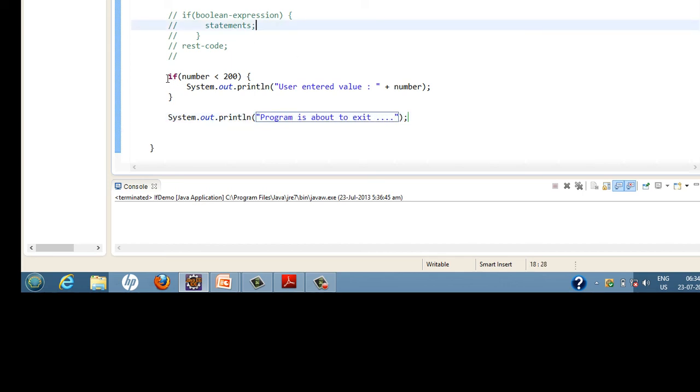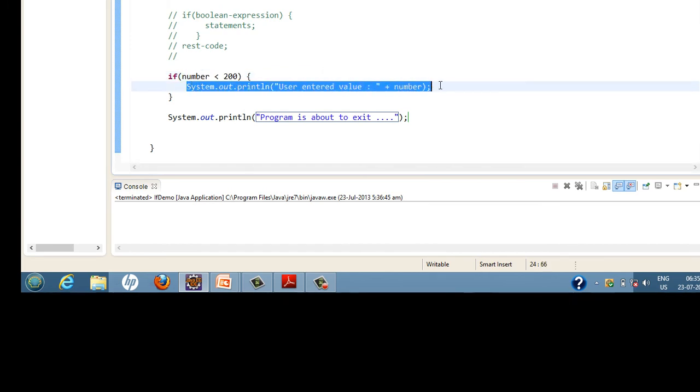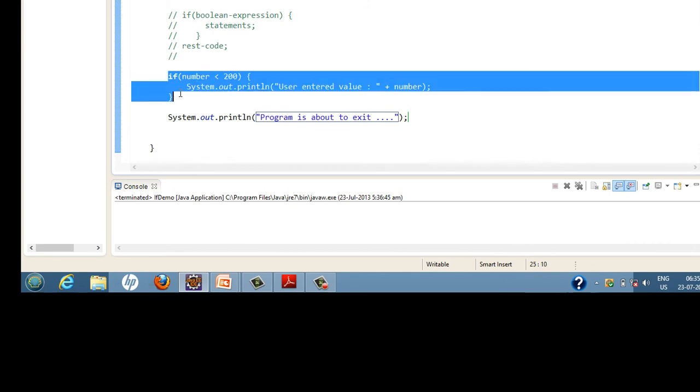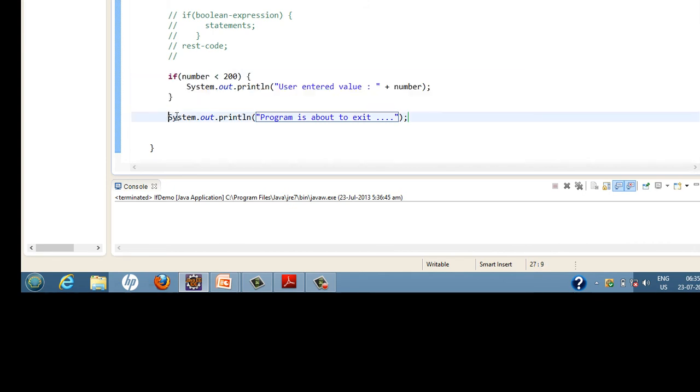So here we have an if statement where we check whether the user has entered a value less than 200 or not. If number is less than 200, the boolean expression comes out to be true, then this System.out.println will execute and print on the console that the user entered value, whatever the user has entered. After this if statement is executed, the next System.out.println gets executed whether the if statement is executed or not. This rest code will always get executed. So if we run the program,